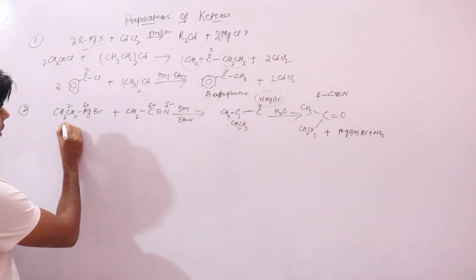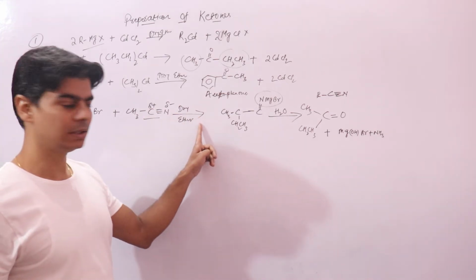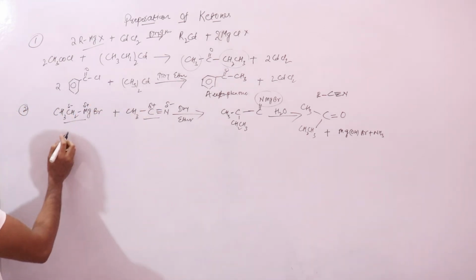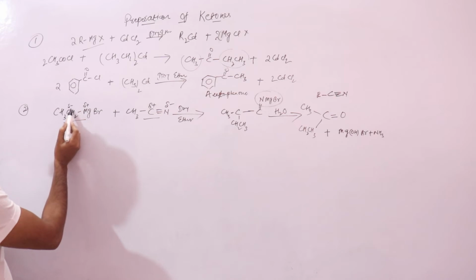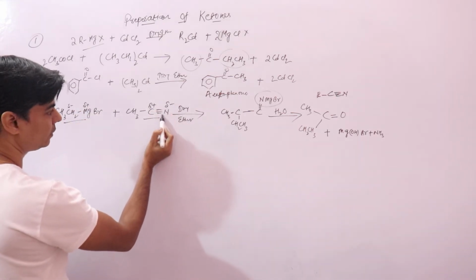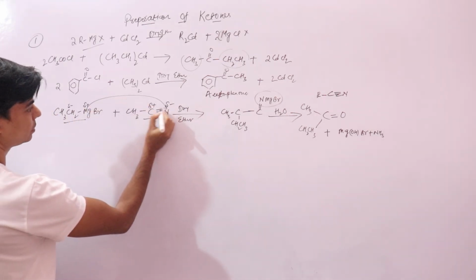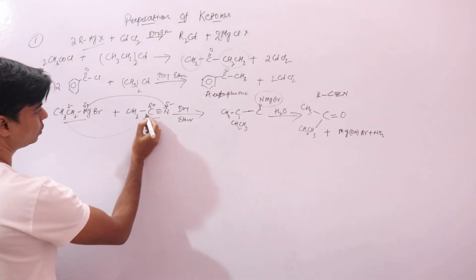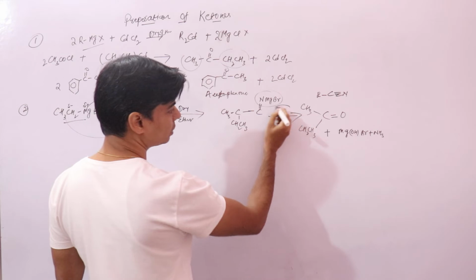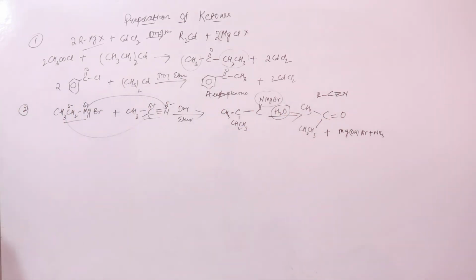I repeat, Grignard reagent will react with nitriles. This is your acetonitrile in dry ether, wherein first an addition product will form. It is easy to understand. Since carbon has higher electronegativity in the Grignard reagent, this has a negative charge, this has a positive charge. In this, nitrogen has higher electronegativity, so this has a negative charge, this has a positive charge. Now the magnesium will go to nitrogen, and this ethyl group will go to this carbon because this is negative, to give you this addition product. Now this addition product will undergo hydrolysis to give you this ketone. I hope this is clear.